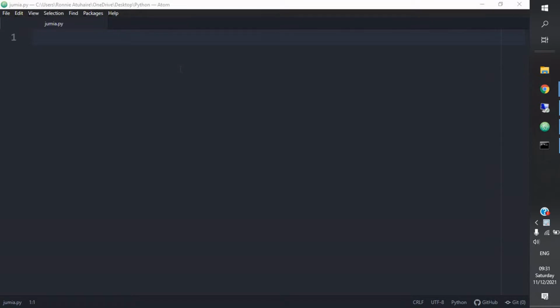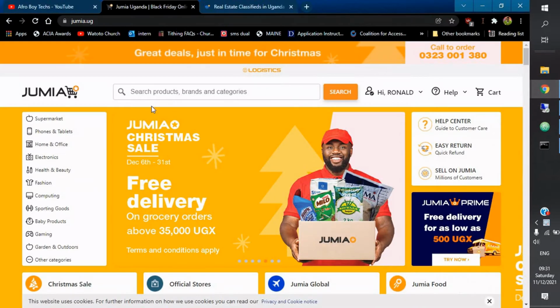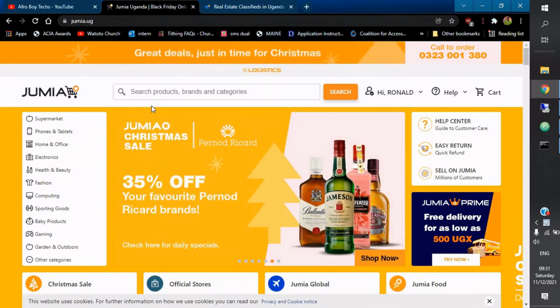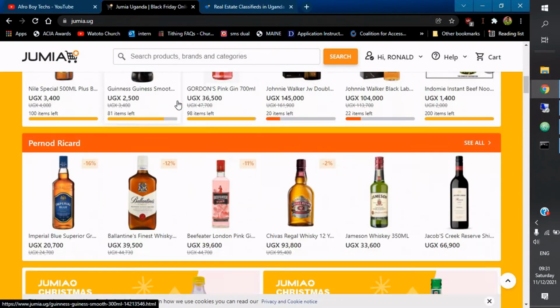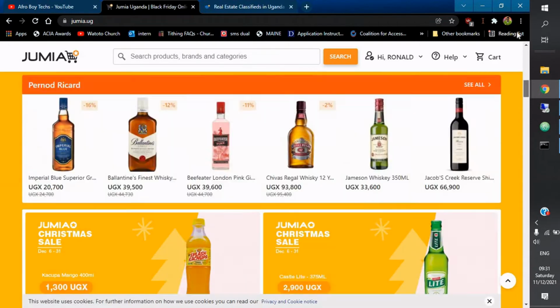So wait a minute, what is Jumia? Jumia is just an online marketplace. Let me take you there. It's an online marketplace for electronics, fashion, among others, targeting several African countries. So let's get started. Before getting to code, basically it's an e-commerce platform based in Africa, and yeah,